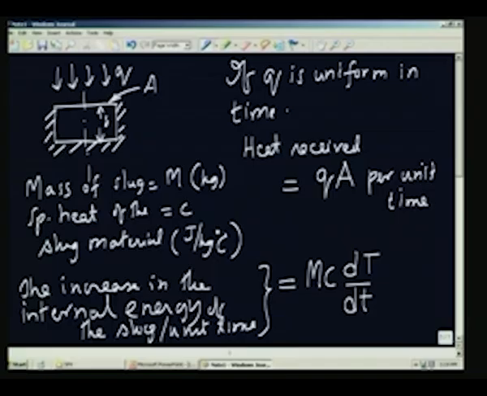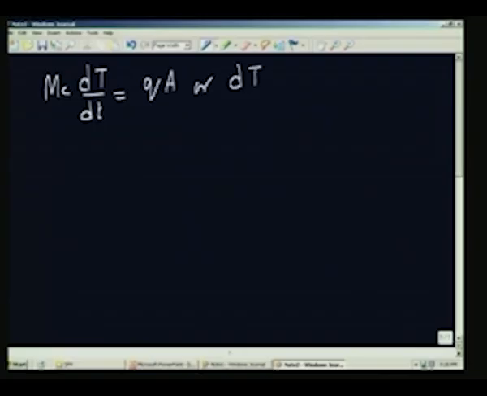This is under ideal conditions where there is perfect insulation. And also I am ignoring any heat loss from the front surface which is receiving the heat. Therefore, there is no heat loss from the front surface. Of course, these two assumptions are not going to be perfectly valid, and therefore, we may have to apply a small correction later on. So, all we have to do is to now equate the two. So, we will say mc dT/dt must be equal to QA, or dT/dt equal to QA by mc,